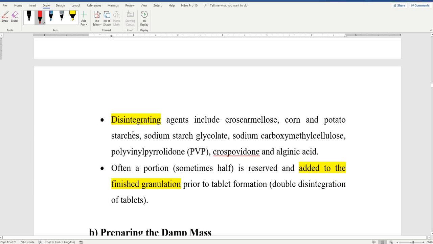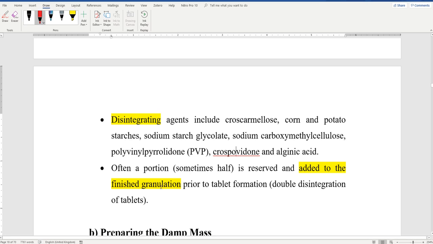Okay, disintegrating agents include croscarmellose, and if you remember, this is a super disintegrant which I can use in tablets. We also have corn and potato starch, and sodium starch glycolate, which is also a super disintegrant. We also have sodium carboxymethyl cellulose, polyvinyl pyrrolidone, and crospovidone, which is also a super disintegrant. We said that a portion of the disintegrating agent is added at initial blending, and the other half